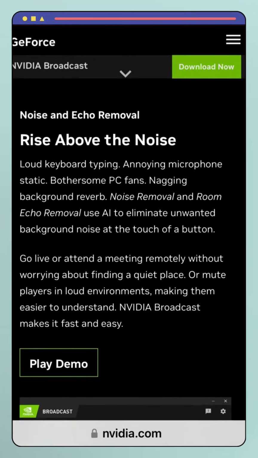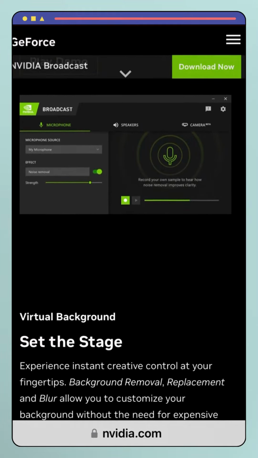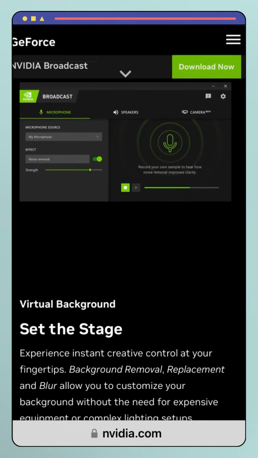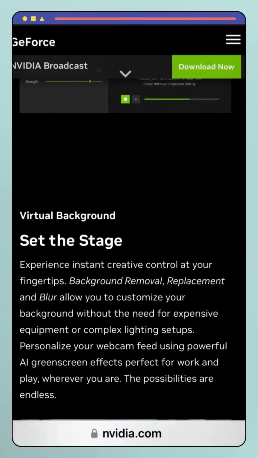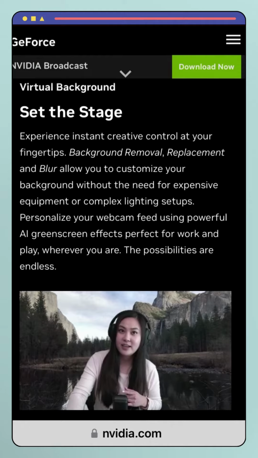Let's explore the benefits of this amazing technology and how it can revolutionize your content creation and virtual communication. Enhanced audio quality: Nvidia Broadcast uses AI-powered noise removal algorithms to suppress background noise and unwanted sounds, resulting in clearer and more professional-sounding audio. Virtual backgrounds enables users to replace their physical backgrounds with virtual ones, without the need for